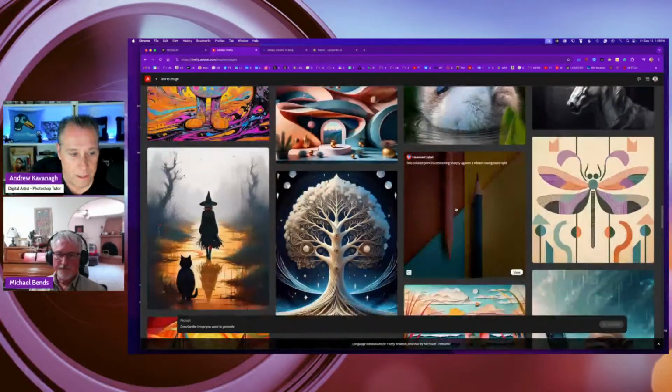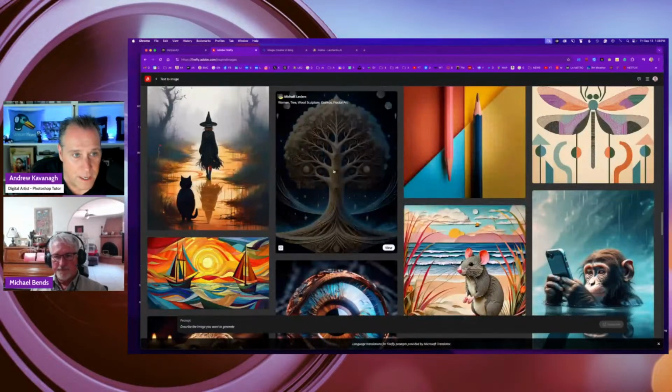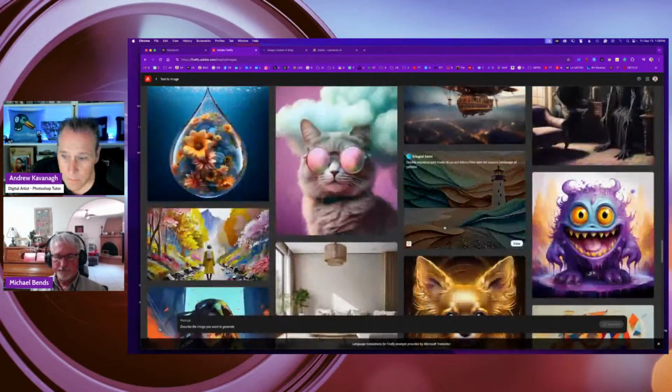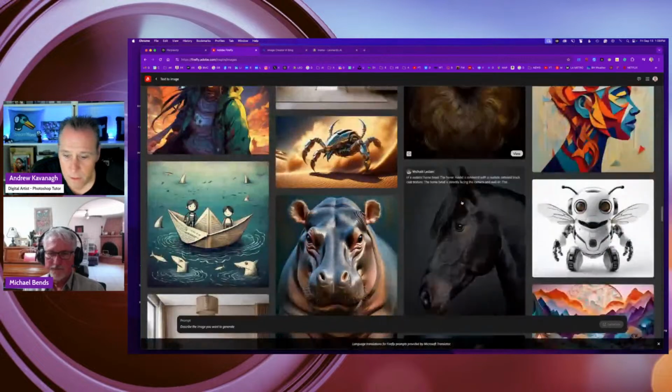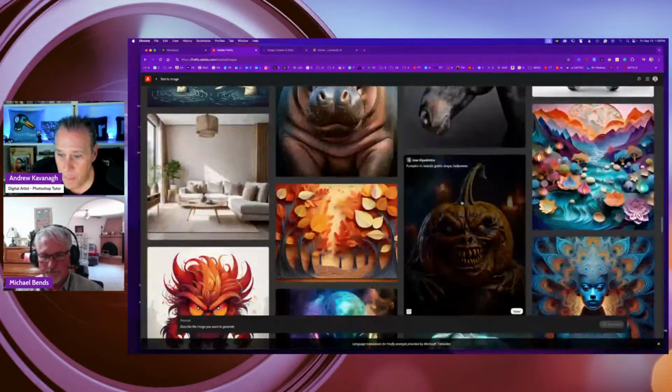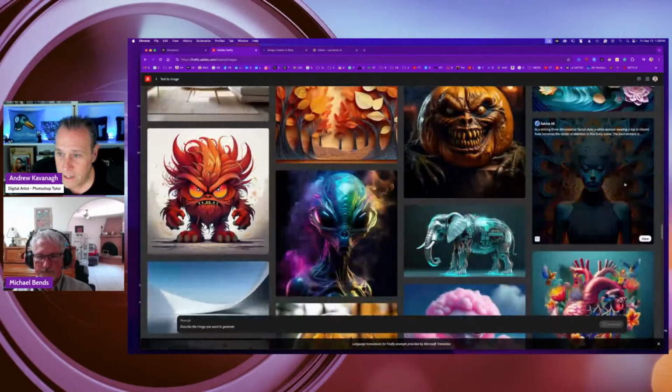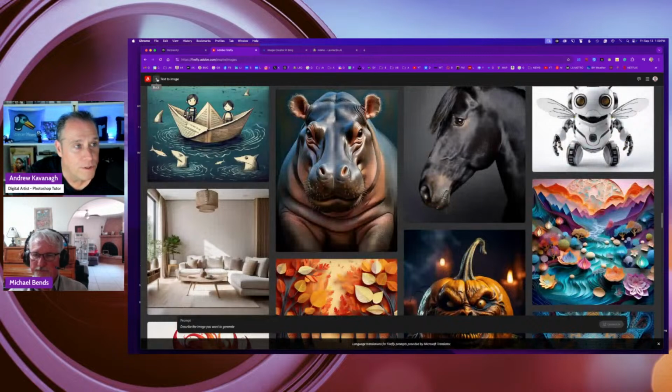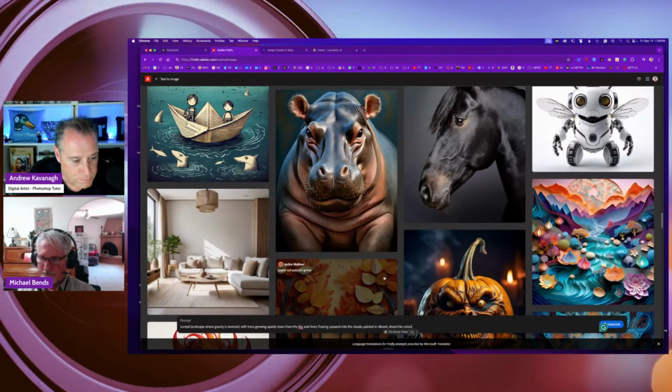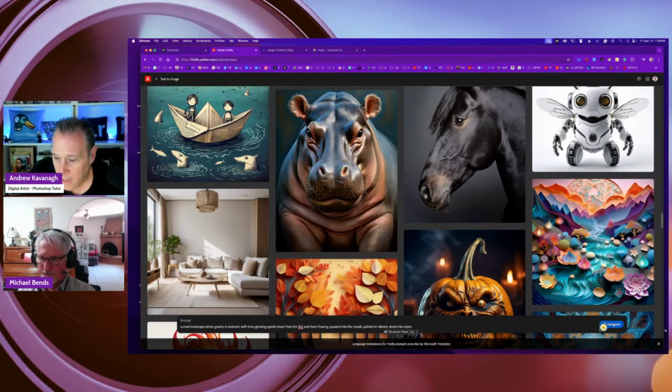You could then copy it right from the text prompt area and put it in a notes app. It's a very good way to learn, and a way to study other styles that people have done. I've been showcased throughout the years here. It might have been a while. This almost looks like something I might create, here on the right. So that's pretty cool. I could technically get that prompt by clicking view and then tweaking it a bit. Okay, so in terms of me, I'm going to go down to the prompt area at the bottom and paste it. That was surreal landscape, gravity is reversed. And then I hit generate.